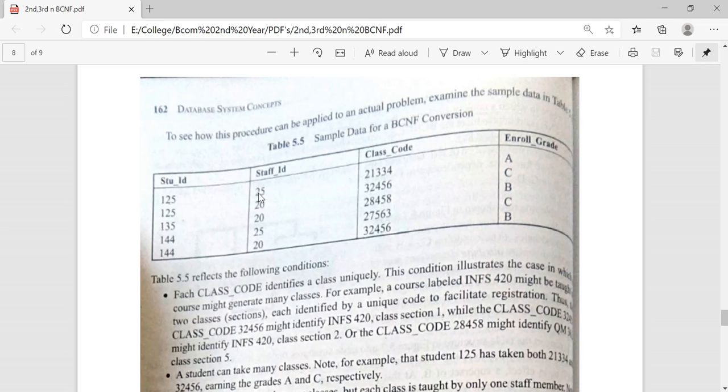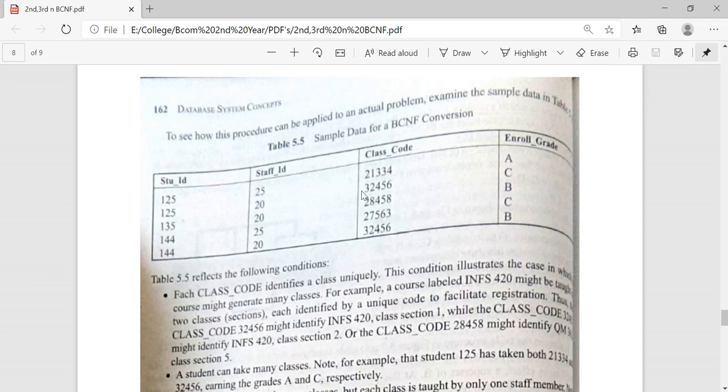But this same person can teach 2 courses. Now look, the person with staff ID 25 is teaching 2 courses, this one and this one, and the person with staff ID 20 is teaching 3 courses, 2